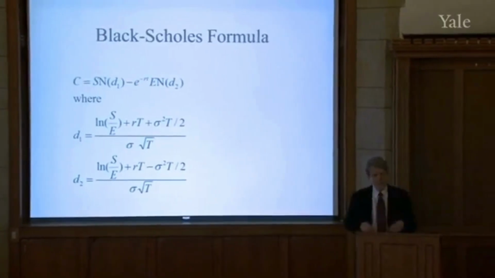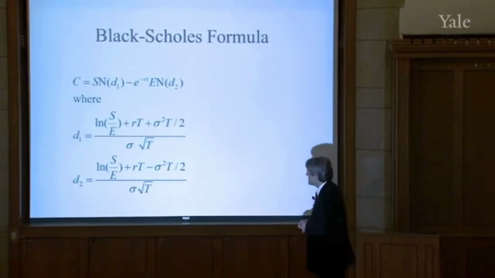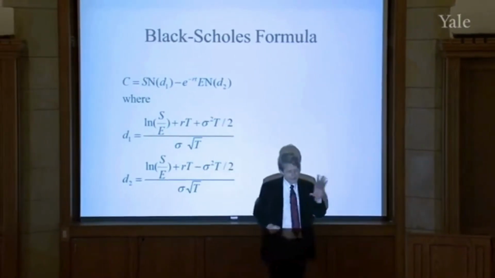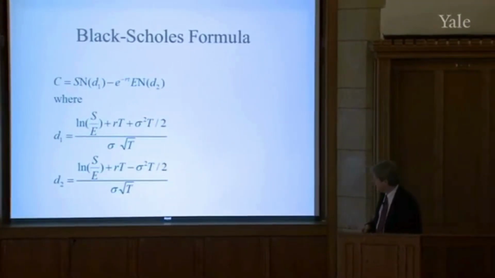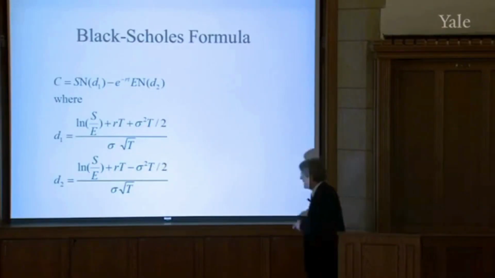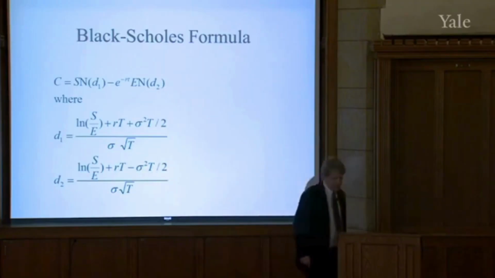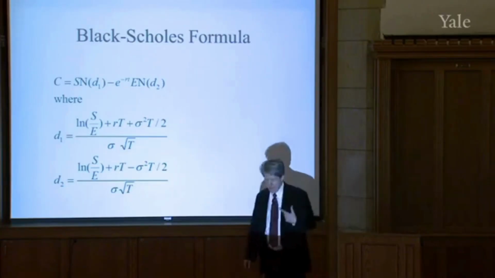But I can also turn it around. If I already know what the option is selling for in the market, I can infer what the implied sigma is, right? Because all the other numbers in the Black-Scholes formula are clear. They're in the newspaper, or they're in the option contract. There's this one hard to pin down variable. What is the variability of the stock price? And so what people often use the Black-Scholes formula for is to invert it and calculate the implied volatility of stock prices.